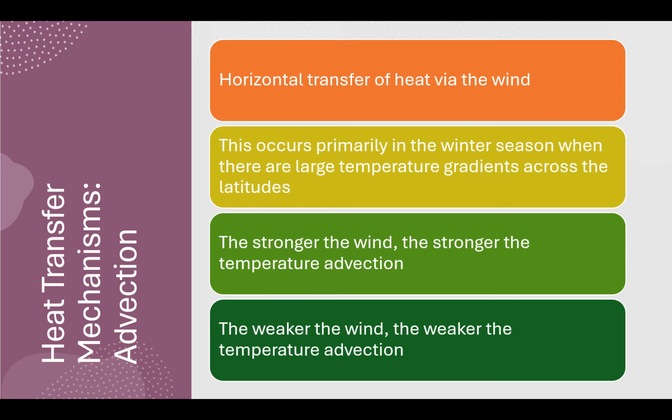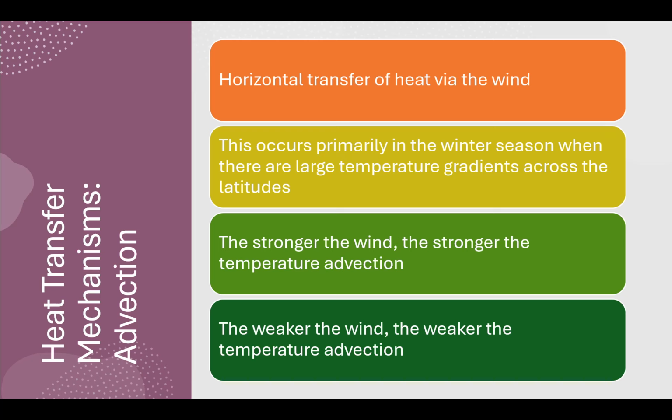Advection, on the other hand, is a big form of heat transfer, especially in the winter season. It's a horizontal transfer of heat via the wind. That's what advection is, so think horizontal transport of heat. And the wind is the primary way in which this advection occurs. Again, it primarily occurs in the winter season when there are large temperature gradients or large temperature changes across the